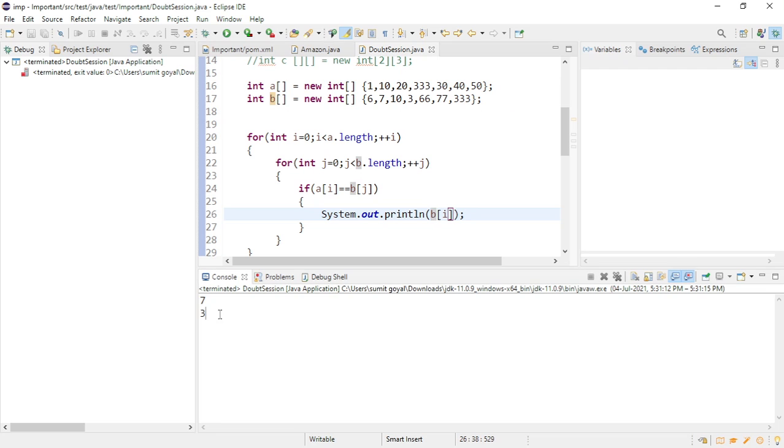It is again printing. So this time, okay. I think we cannot use b of i. If you are using b, then you should use this complete expression, not b of i. So copy this and paste it here. It should not give an incorrect result.